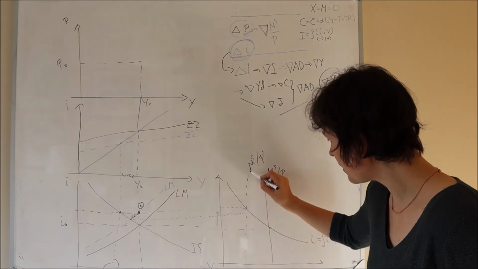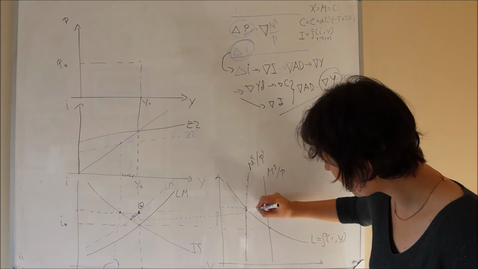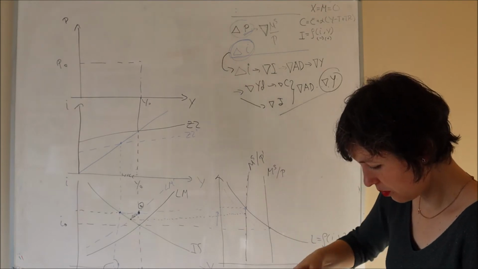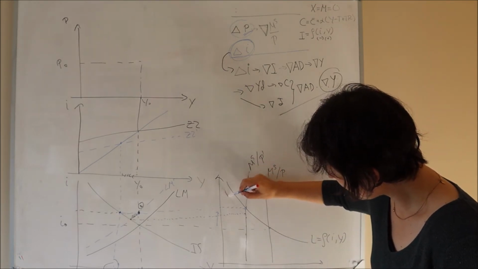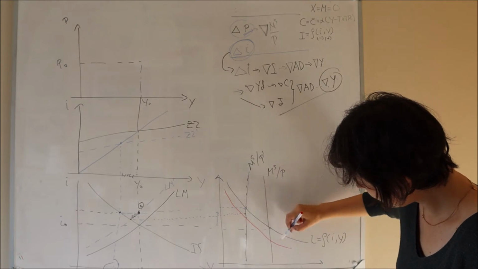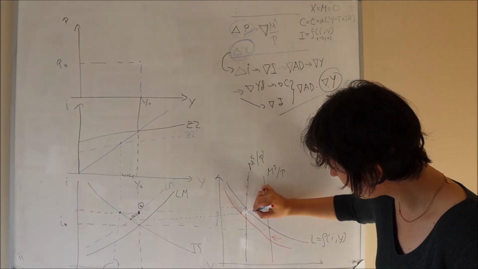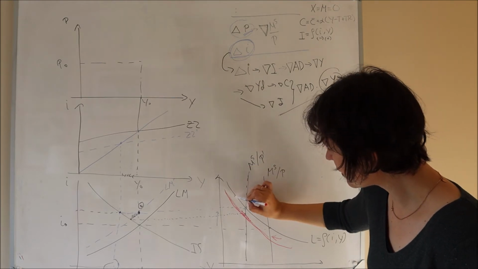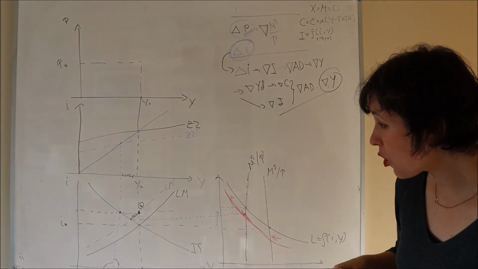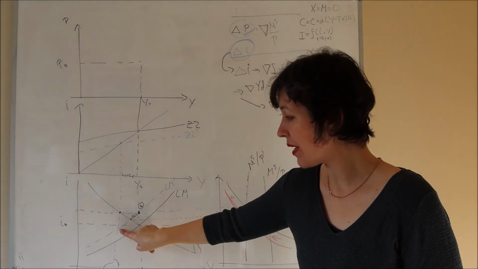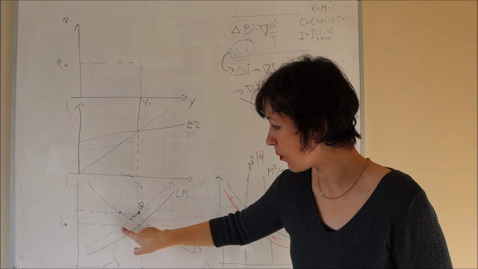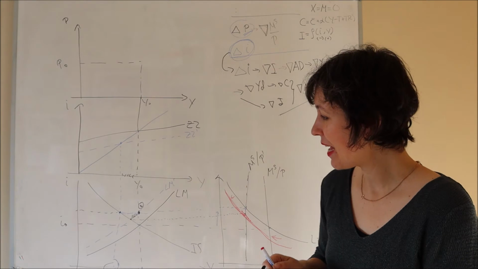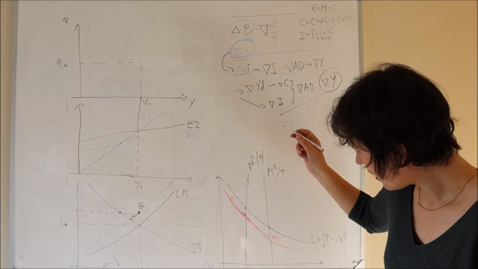So let me see if this is the new supply of money. So here is going to be the new, oops, sorry, let me see with this one. The new demand for money. So you see that it is smaller, okay? So perfect, sorry, it should be over here, but this is smaller. Why stop here? Because I should go until this point, right? This is a new level of production, but I'm going to stop here because I know that at the same time, the reduction of the interest rate